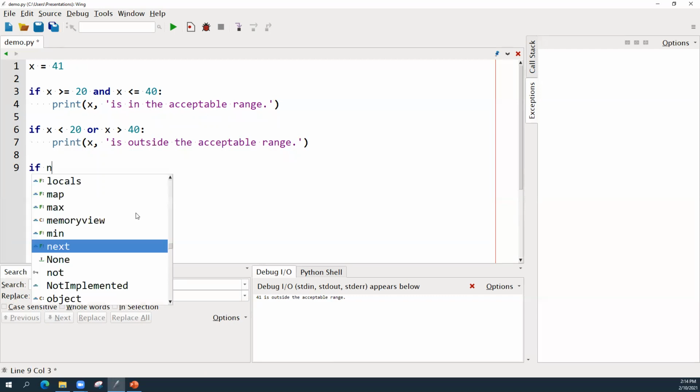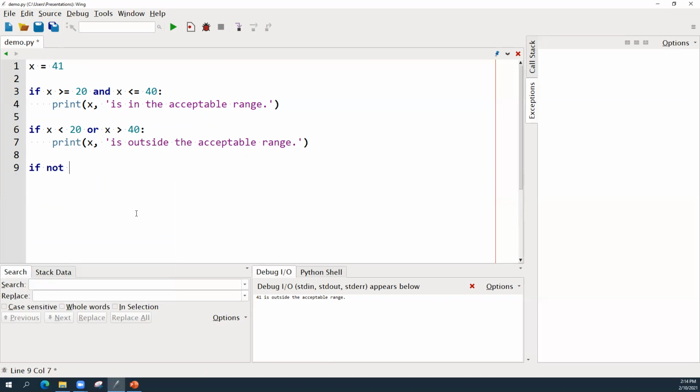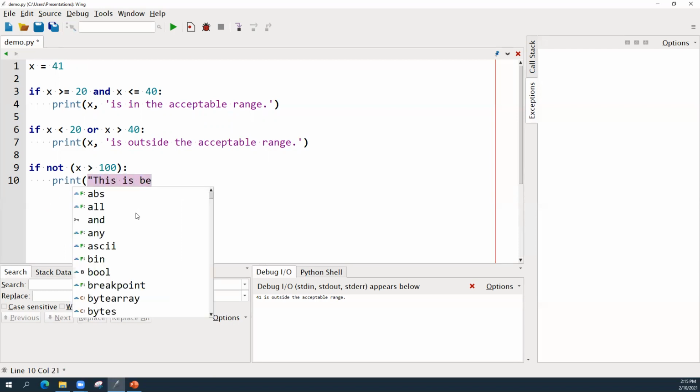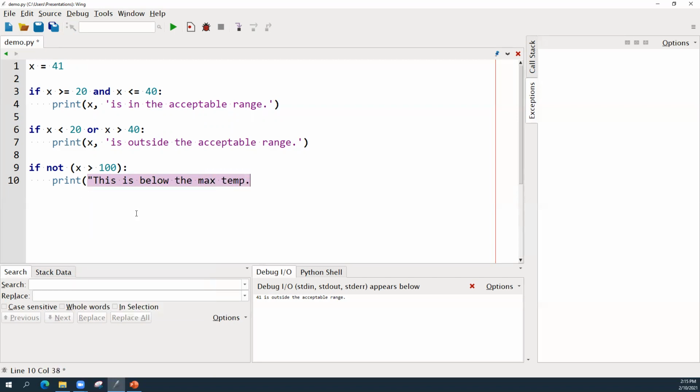Another example is using the not operator. So we'll say if not, in this particular case, we're looking for temperature variables. I'll have to create a temp variable, or I could use x. Yeah, let's use x greater than 100. In that case, we'll print this is below the maximum temperature. So if I run it right now, it's 41. This is below the max temperature. The other one is catching also because 41 is outside of the range, and it's also